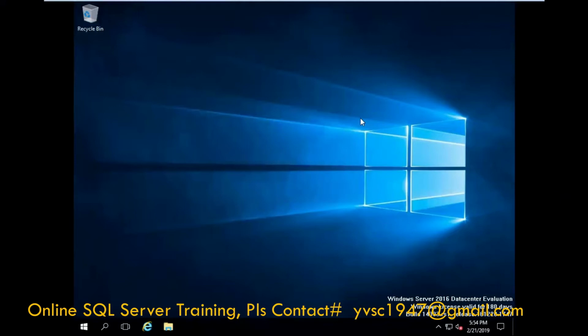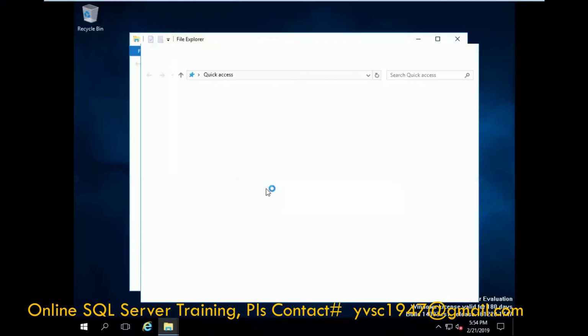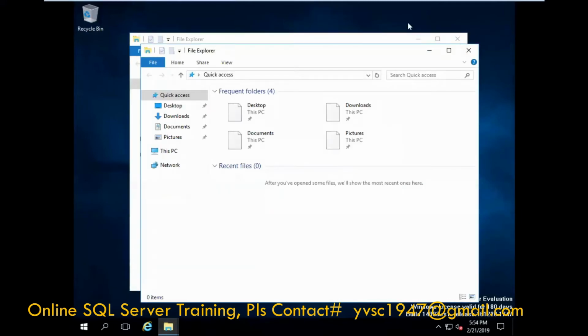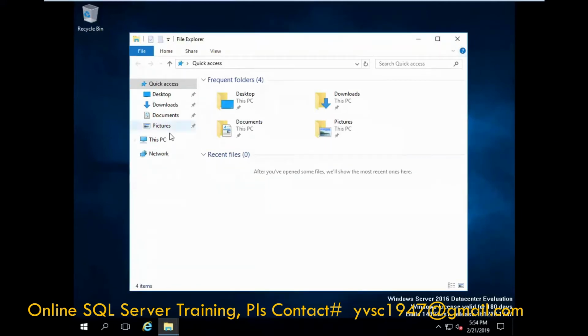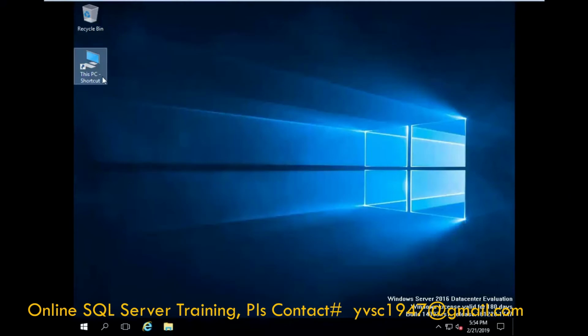You can give 4 GB like that also. Now how do you want to see this? And what is the configuration of this machine? Go to My Computer. This is C. My PC, you can drag this one to the desktop. Yeah. Okay. You can remove whatever shortcuts. You can keep whatever you want.